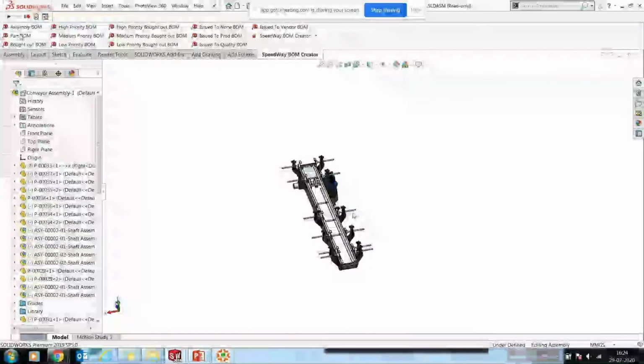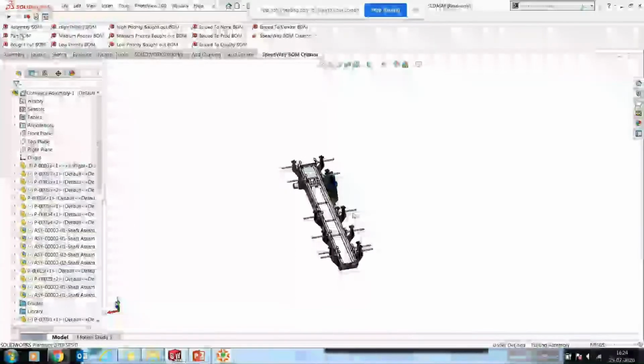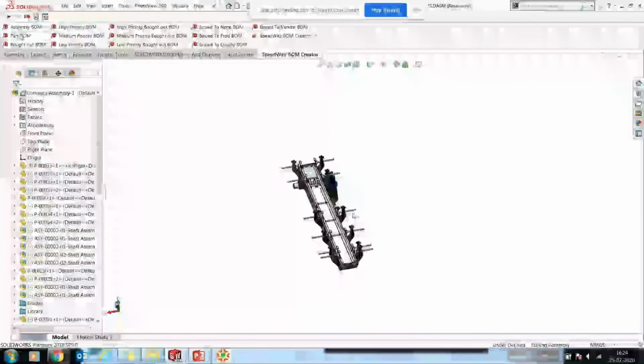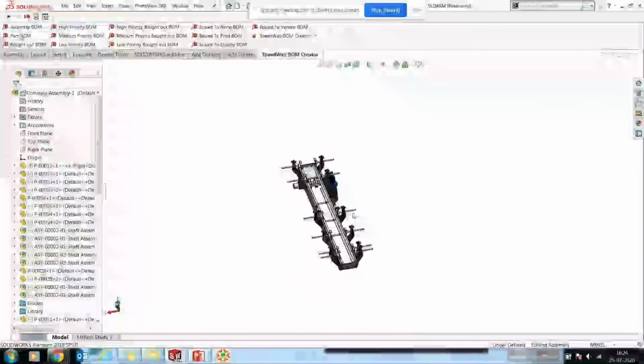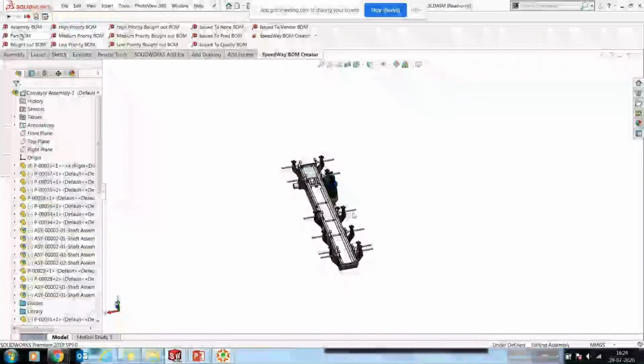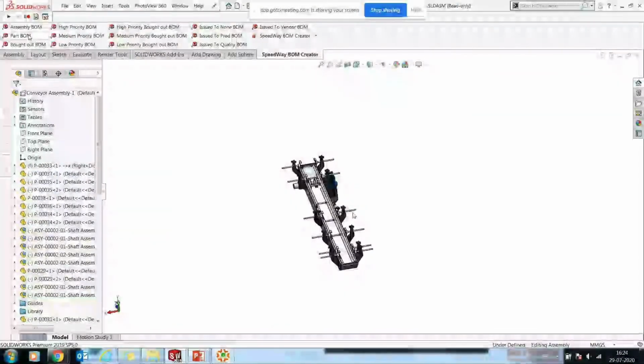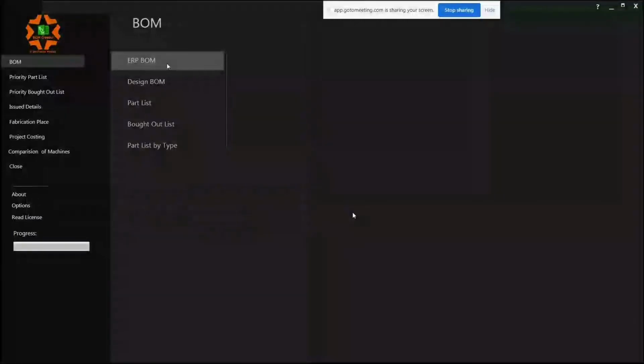If you go to the first option, you can see we are giving you an ERP BOM. What is this ERP BOM? It is a ready-to-upload ERP BOM. You can quickly click and create a BOM which can be readily uploaded in your SAP or ERP system. This BOM can be customized based on each and every industry-specific requirement. You can give us your format, a suitable format which can be uploaded in your ERP system, and we can customize it, so you can quickly start creating BOMs which can be uploaded in your SAP or ERP system.